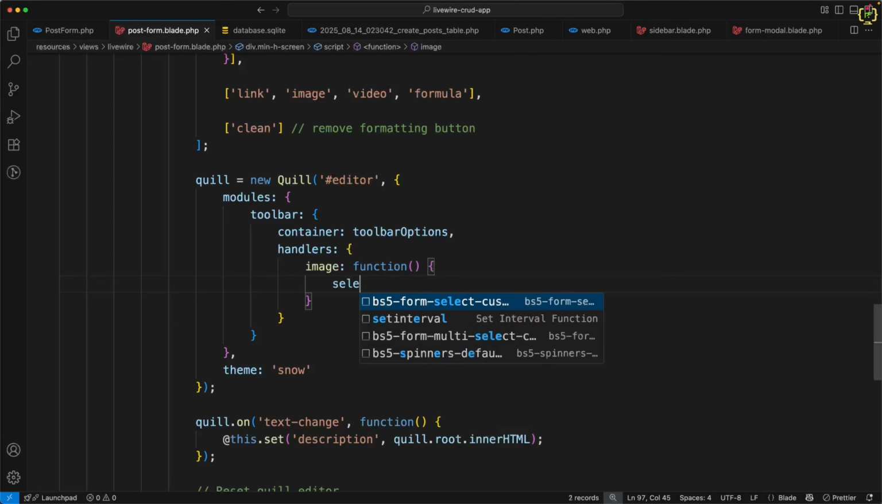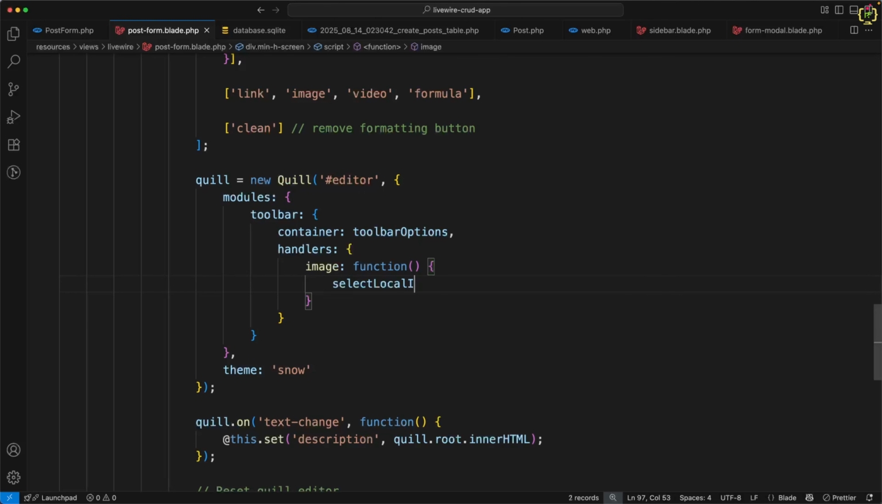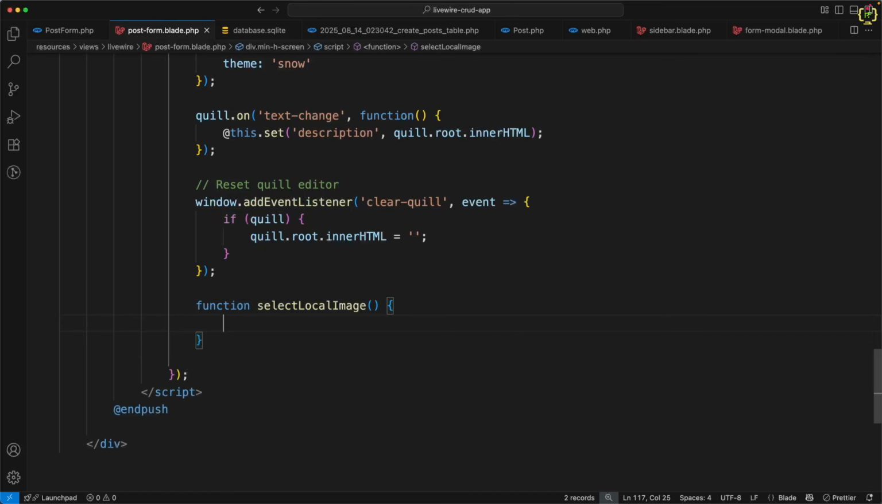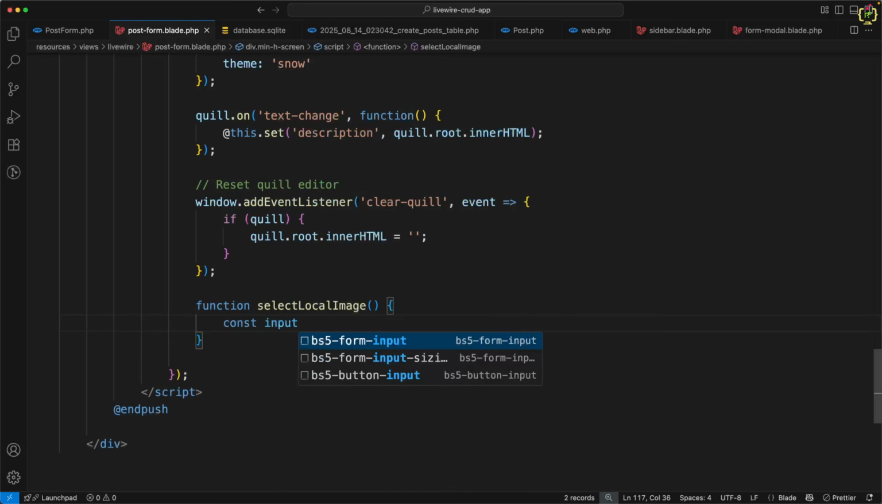So for that I will create one function as selectLocalImage, just like this. And let's define this function just below this function. Now inside this function, we have to capture the image. So firstly, what I want from the Quill editor, I will pick the image and I will set this to a hidden input field. So I will create one variable as const input, and I will create one hidden input using